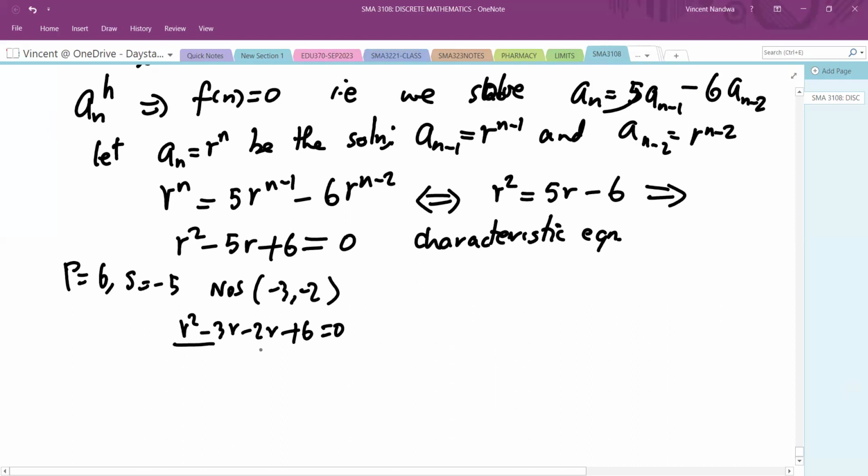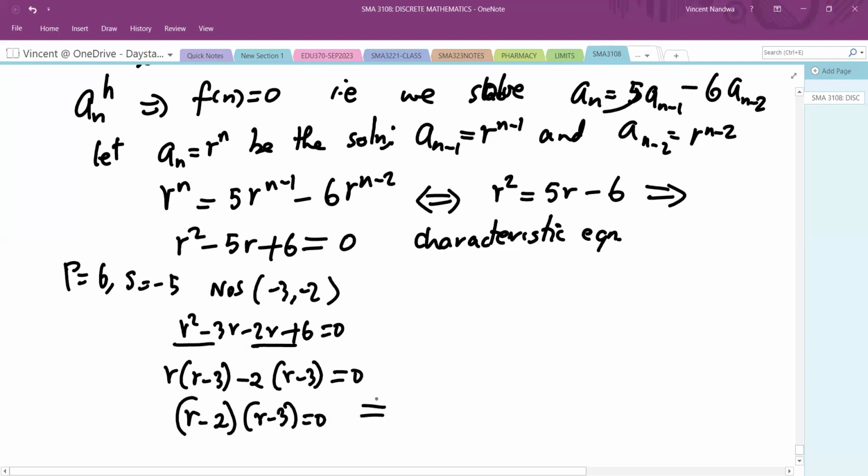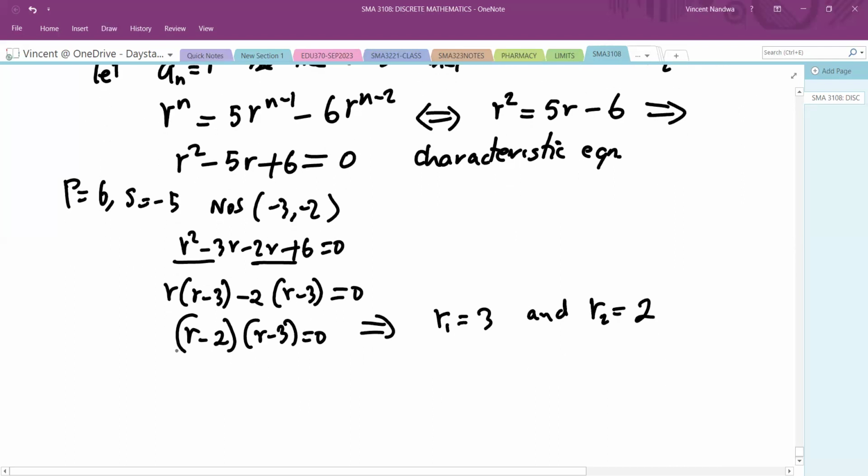So I do the pairing. This is r times (r minus 3) minus 2 times (r minus 3) equals 0. So I'll have (r minus 2) times (r minus 3) equals 0. So this means that my r1 is 3 and r2 is 2. Which means then